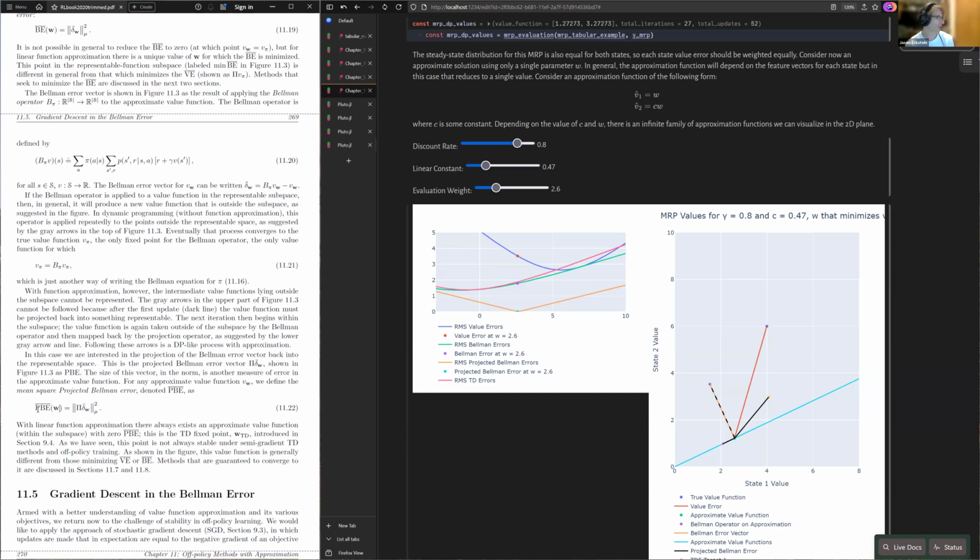But if you look at the algorithm that just directly minimizes the projected Bellman error in the on-policy case, it should be equivalent to the semi-gradient TD method, because it was already proven that, unless it converges faster, both of those methods converge to the TD fixed point, which is the point that we are trying to reach for these approximation problems. I mean, we wouldn't need to bother with the TD fixed point if we could actually